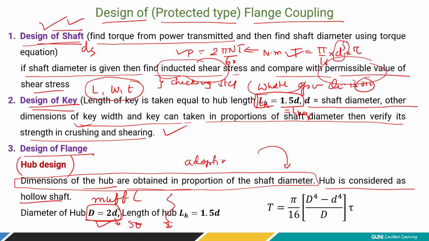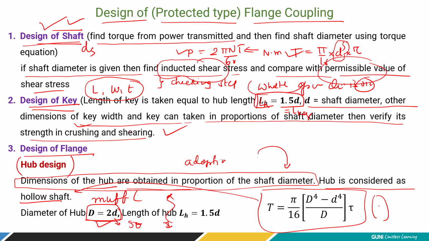But we have to verify whether the 100 millimeter dimension of hub is okay or not from the design equation point of view. Now what are those design equations? We have to consider in which situation the hub is going to fail: torsional shear stress, or you can say compression stress or tensile stress, whatever. Just try to understand the situation, because the torque is transmitted, this hub is simply going to be subjected to torsional shear stress. So we have to use this equation by considering it as a hollow shaft, right?